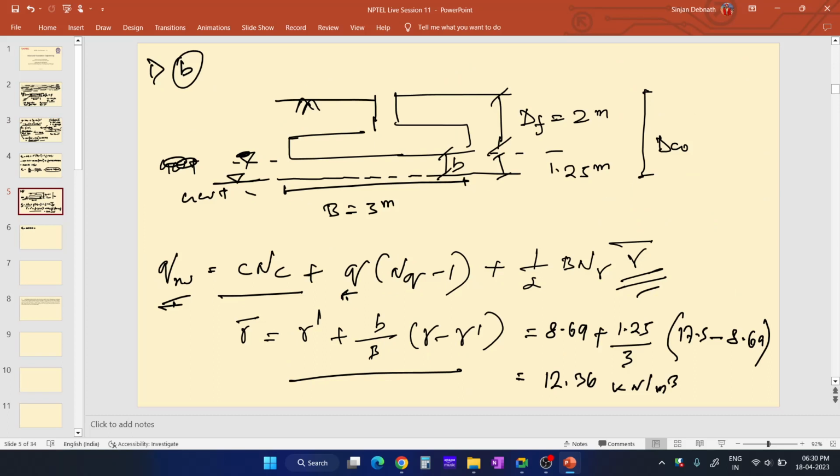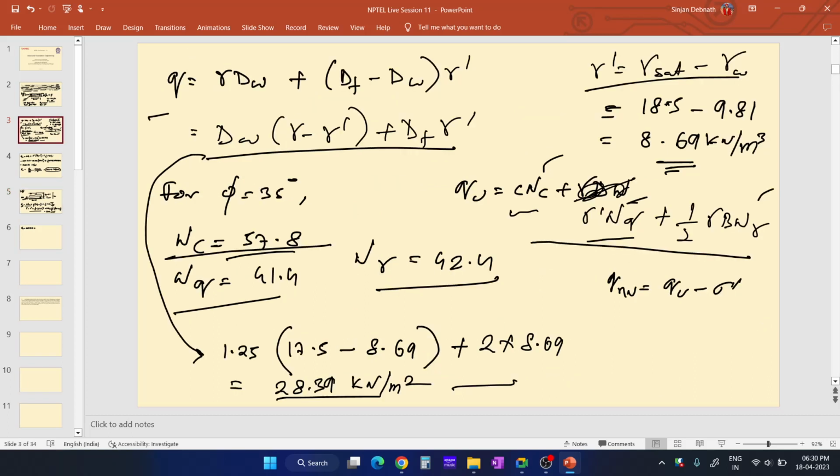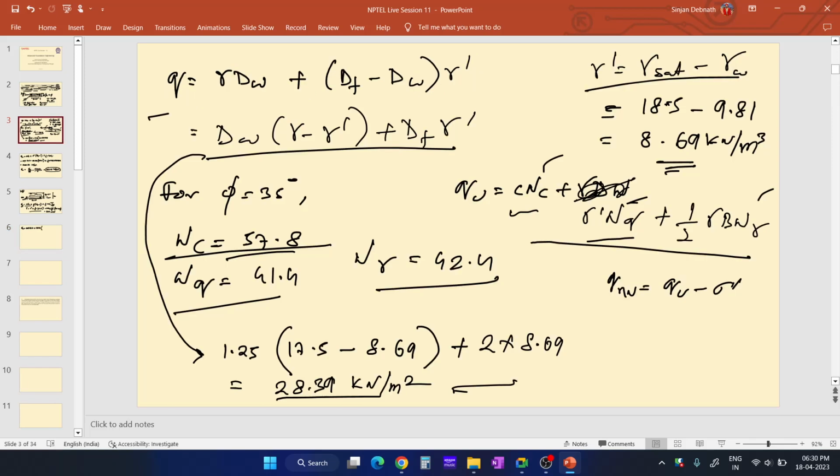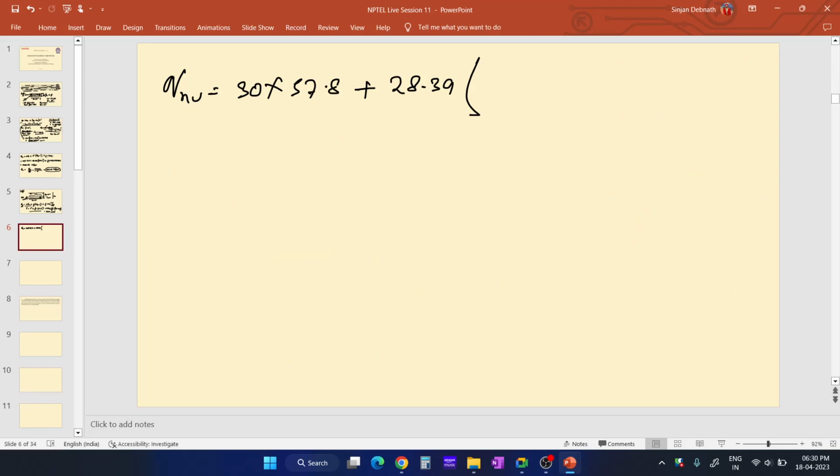what is the overburden pressure or the surcharge at the base of the foundation. It is 28.39. This value, 28.39 into NQ minus 1. NQ we have already found out over here. It is 41.4. So 41.4 minus 1 plus half into